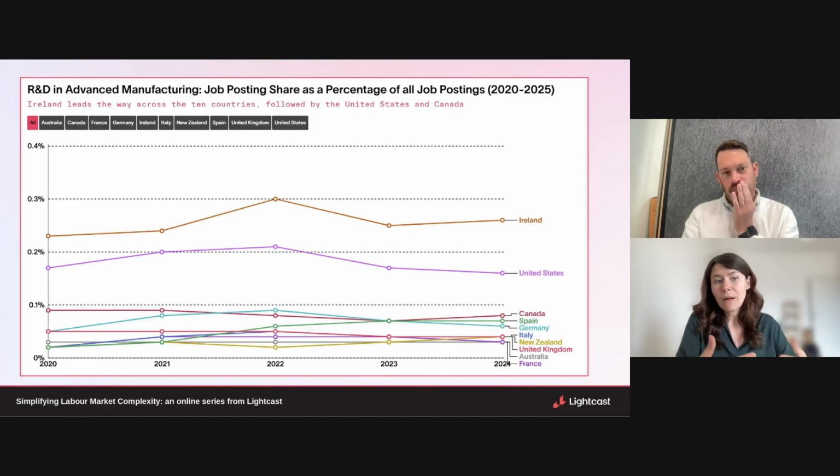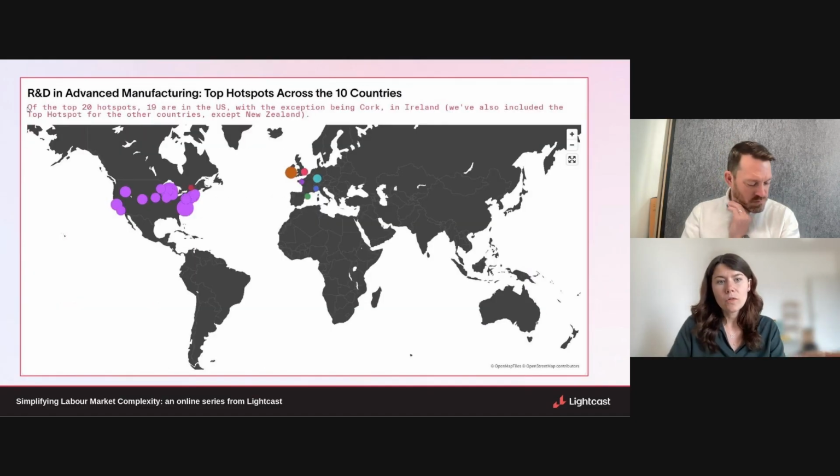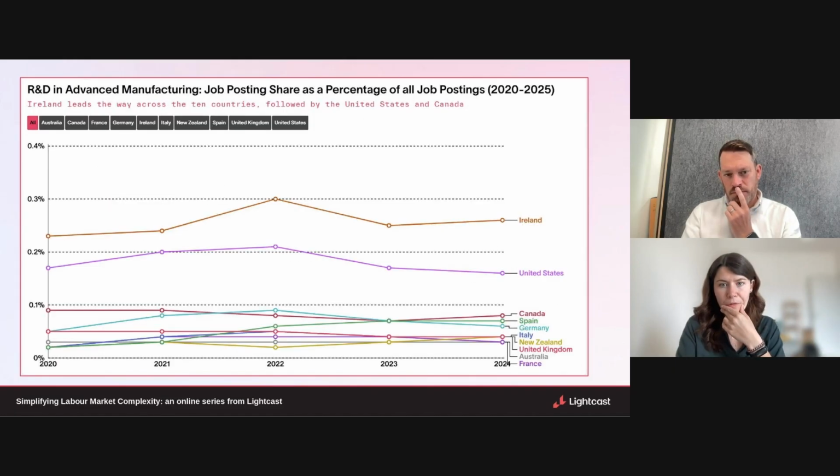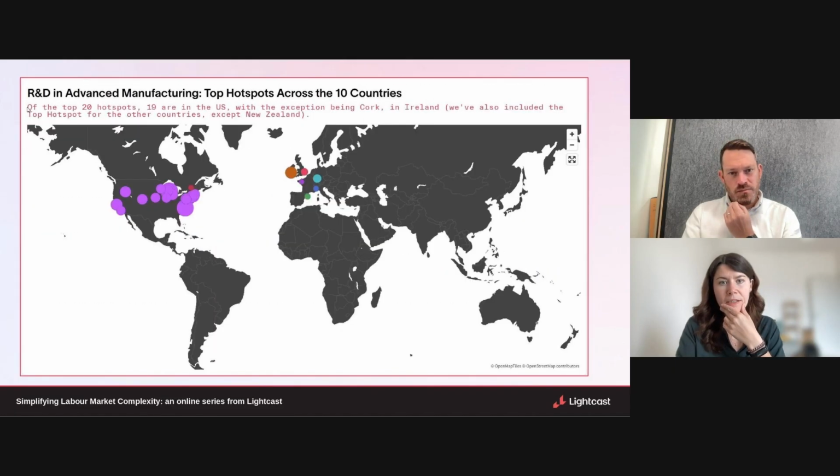But you could also see it by volume, so where is the largest number of job postings? So where is recruitment activity currently highest when it comes to R&D manufacturing across the world? And similarly related to that, goes to the second point. So here we look at the trend over time. So how is the sector performing in the different countries? Here is a snapshot at one point in time, 2024, of the hotspots for recruitment activity in R&D in advanced manufacturing. And it helps us understand the relative strengths of different places and different countries.